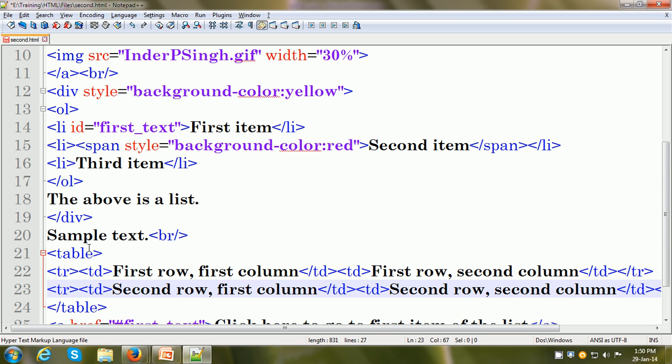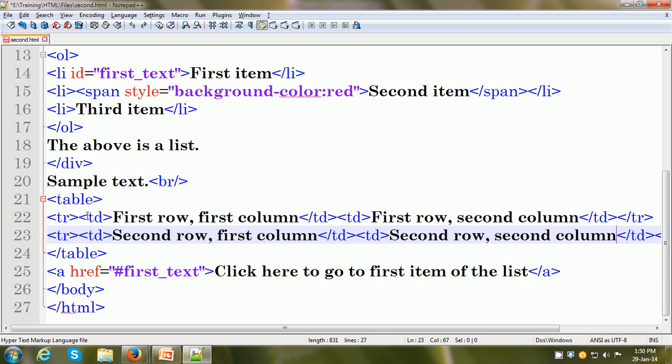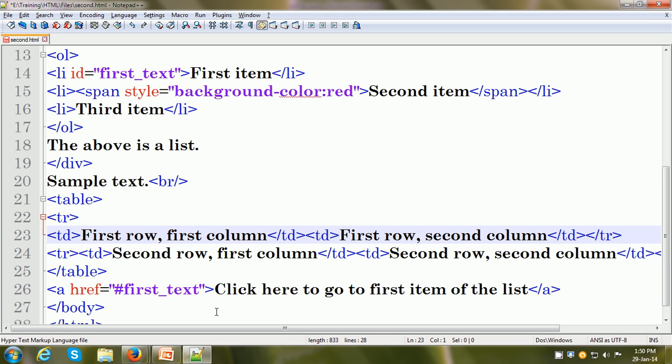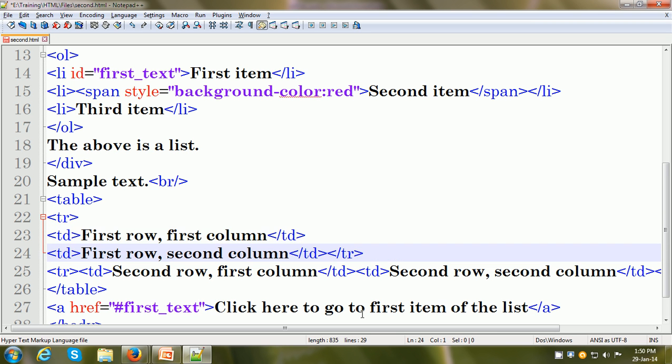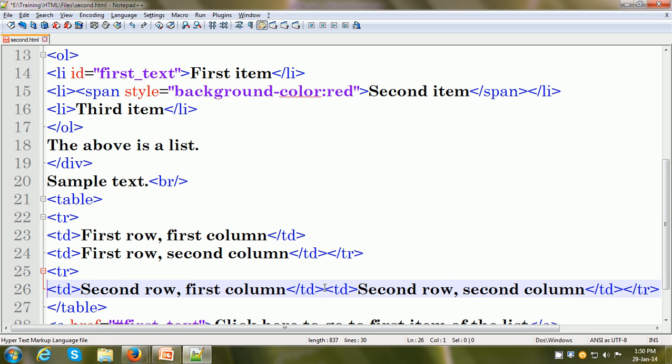It's all in the same line, so it is a bit confusing. So let me take it to different lines so that you can clearly see where all this is coming from.